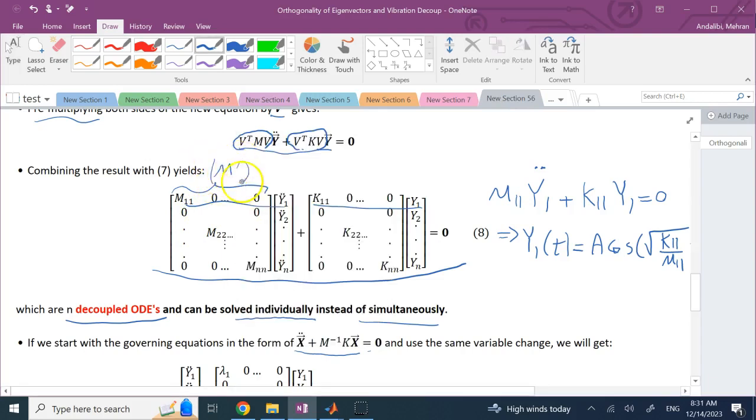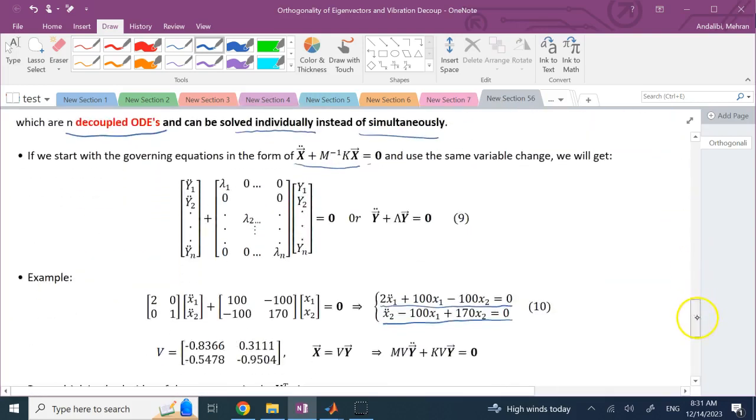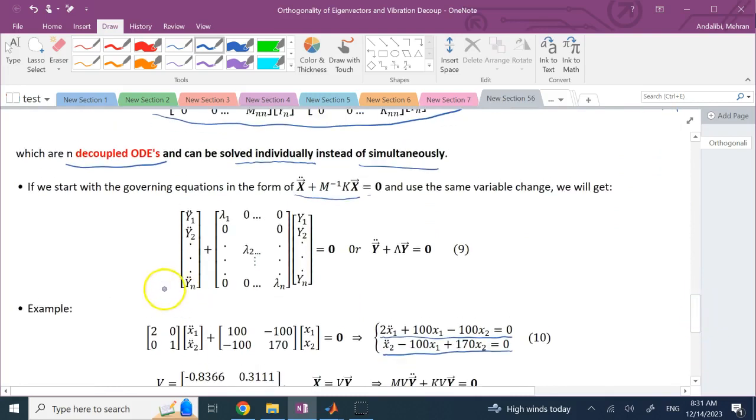If you multiply both sides by this m prime inverse, this goes to I, and then m prime inverse multiplied by this new k, which you might call k prime, you will get the equations in this format,